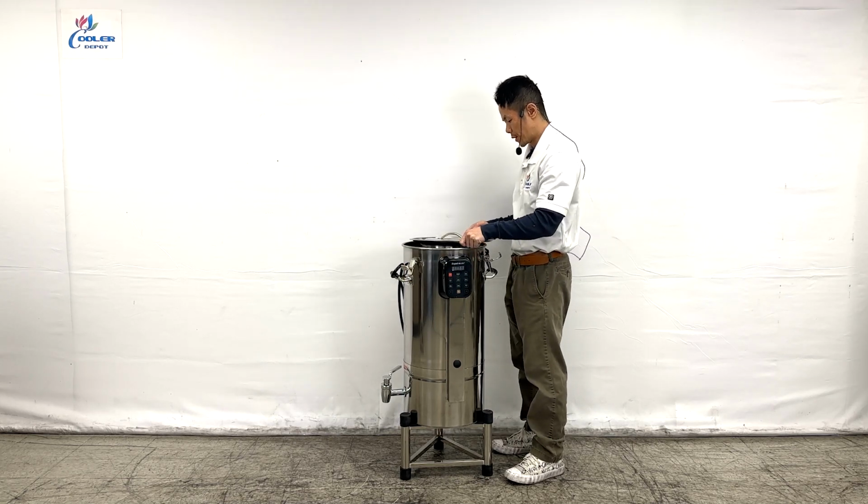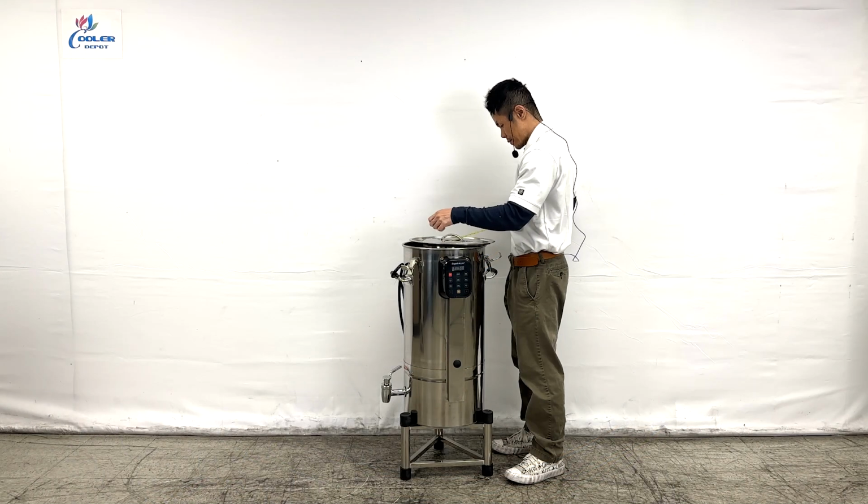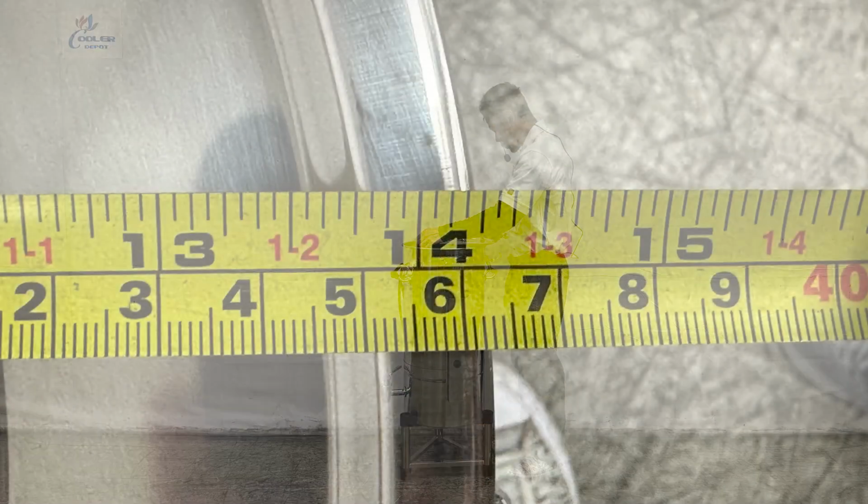Measurements for the top lid cylinder. Measurements for the top lid will include 14.25 inches,